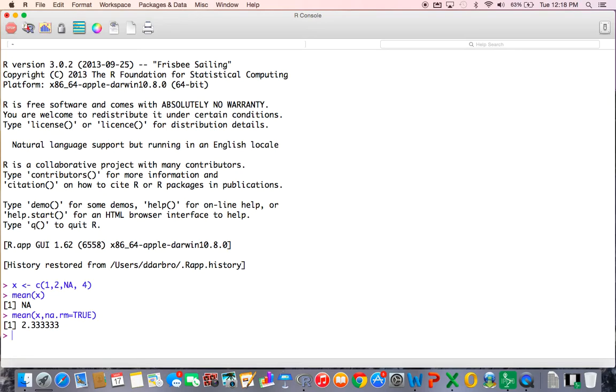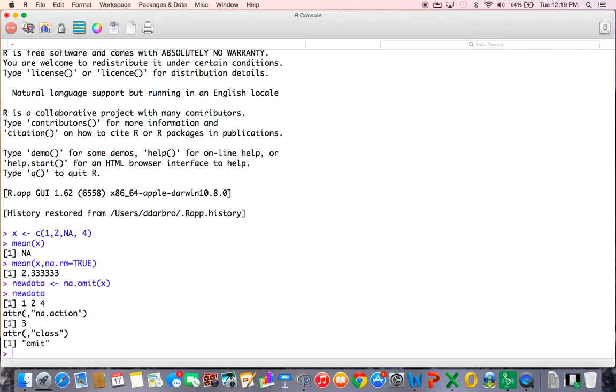So the na.rm = TRUE command in R treats it that way. Something else we can do is na.omit on X, and what this is going to do is eliminate the NA and just look at the new data set as 1, 2, and 4.